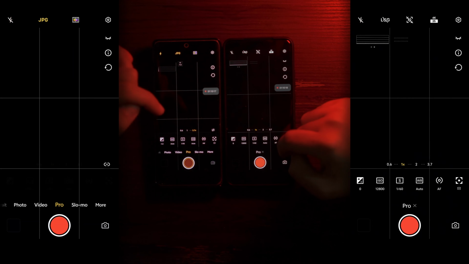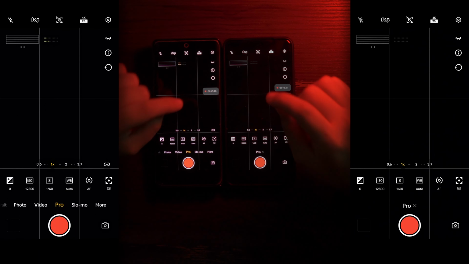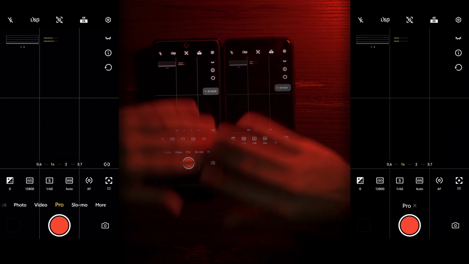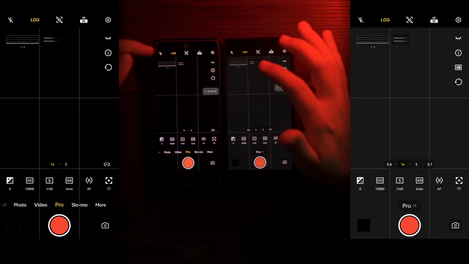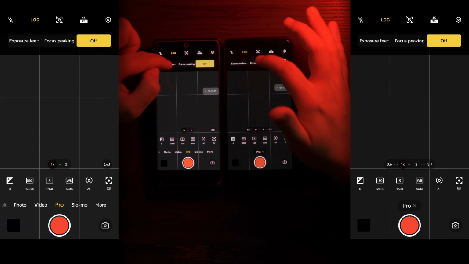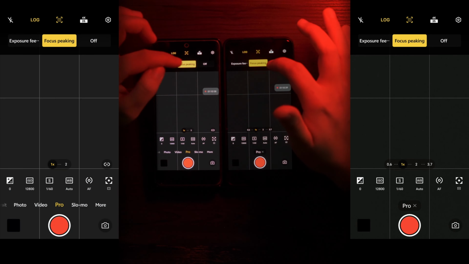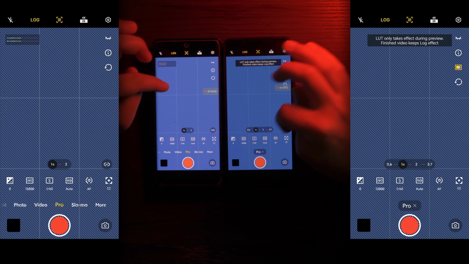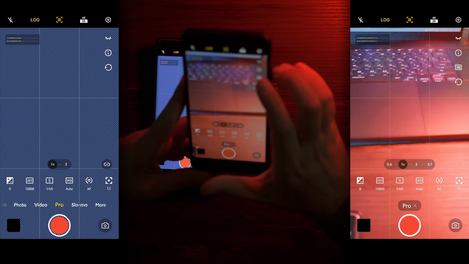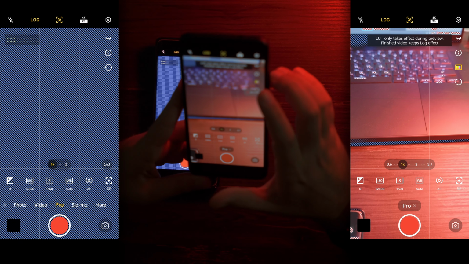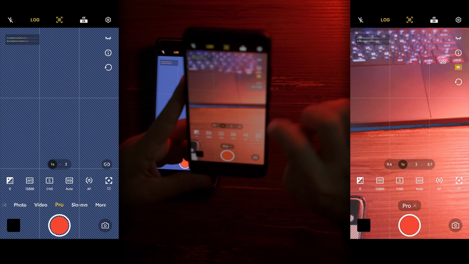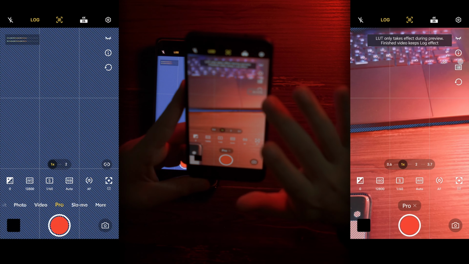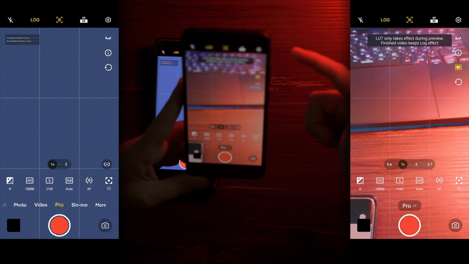And we have RAW video mode for video, and I think that Vivo has one of the best, if not the best, pro camera apps inside all the modern smartphones. We have log, we have zebras, we have focus peaking. On Origin OS 5 we can preview with LUT applied. For example, look at this, without LUT and with LUT. Now I wish we can burn in this LUT to our footage, but it is what it is. We can at least preview what it will look like in the end when we apply LUT in our editing